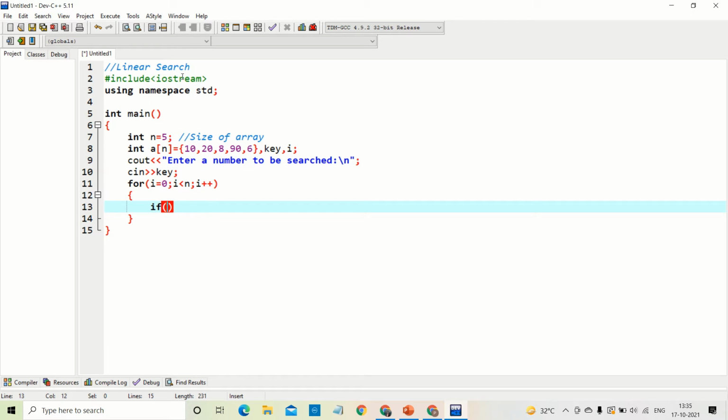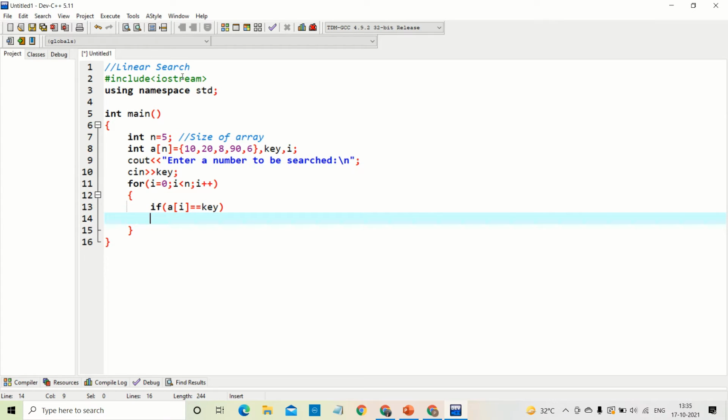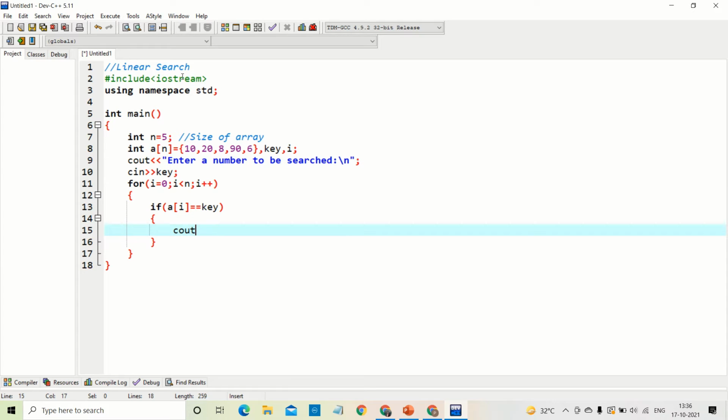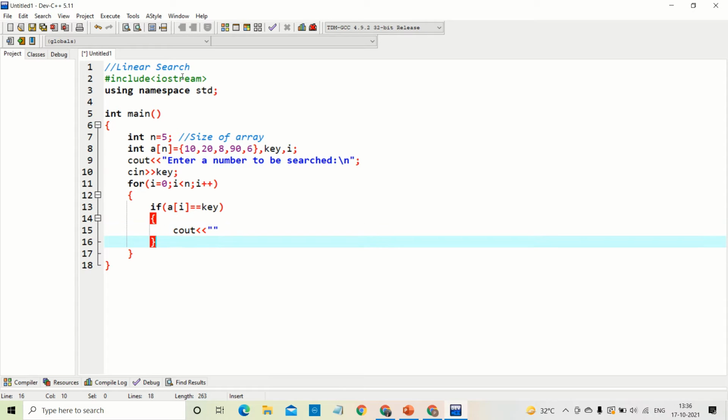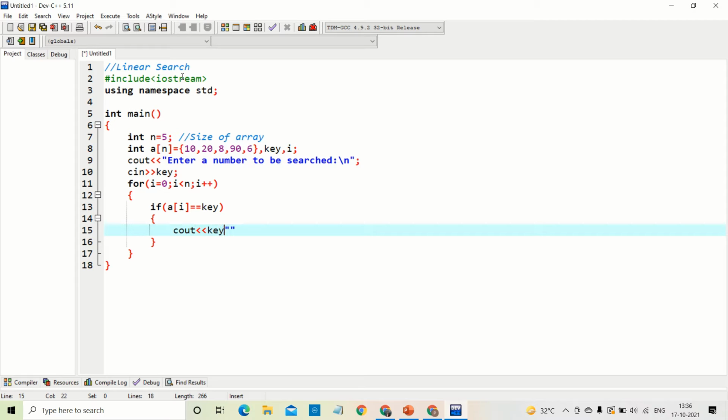I have to check whether the value at that particular index matches the key. If it matches, then I'm printing the message with cout: key is present at index.